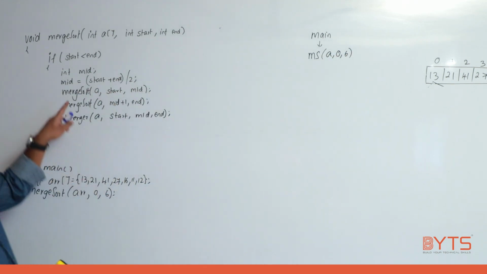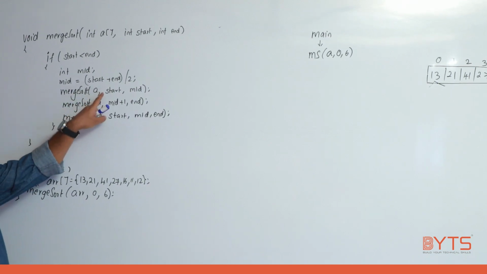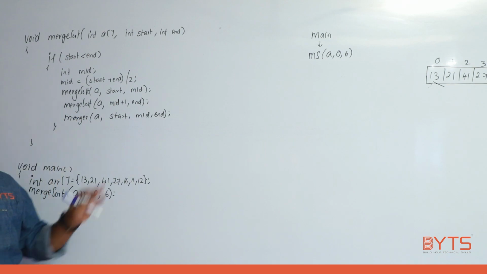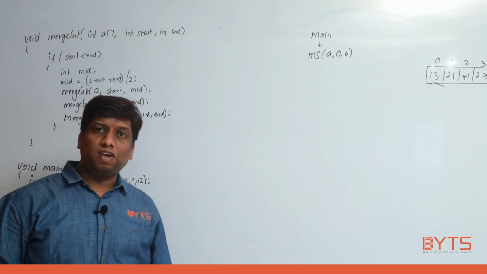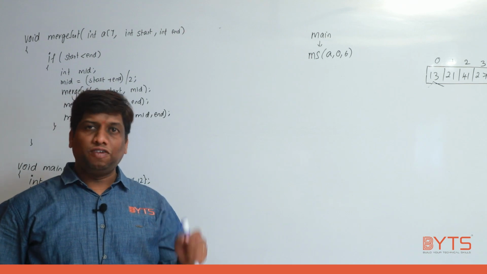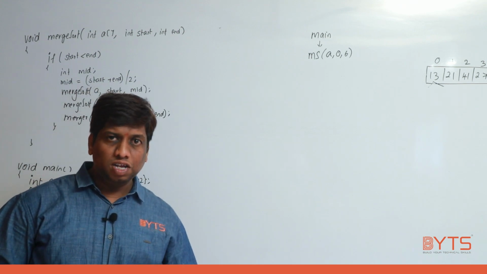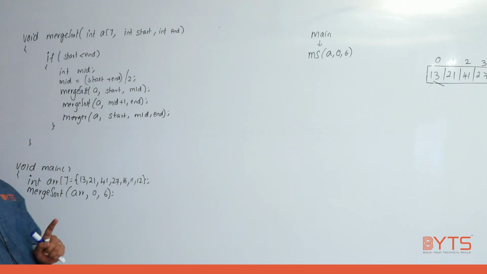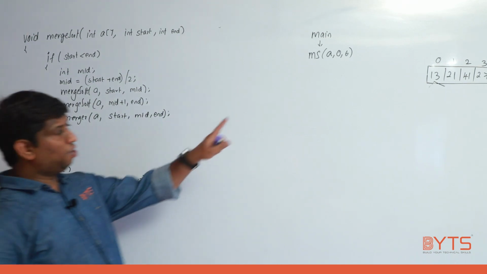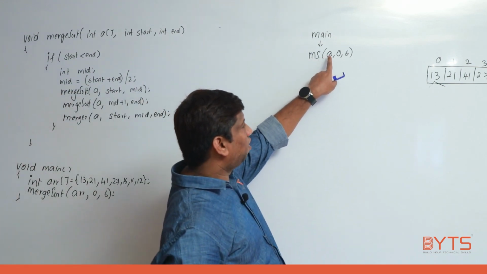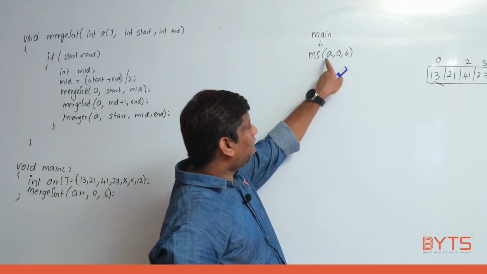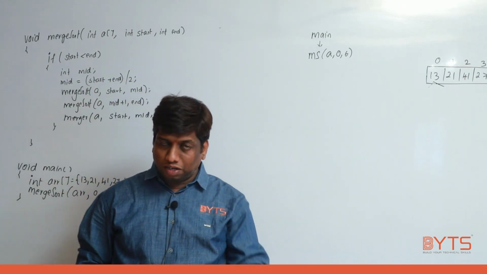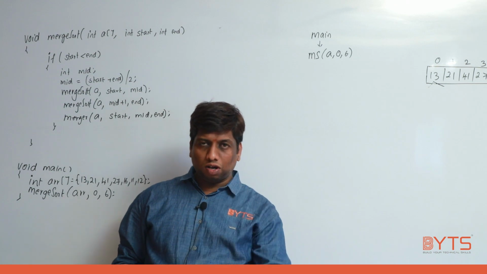Now in merge sort the first argument is a, and in merger also the first argument is a. So going forward in the diagram, I will not write the first argument. Understand? The first argument is implicitly the array name. That is the reason I am not writing it. Remember carefully, merge sort is taking 3 arguments: array name, start to end. But merger is taking 3 arguments. What is start, mid, end?